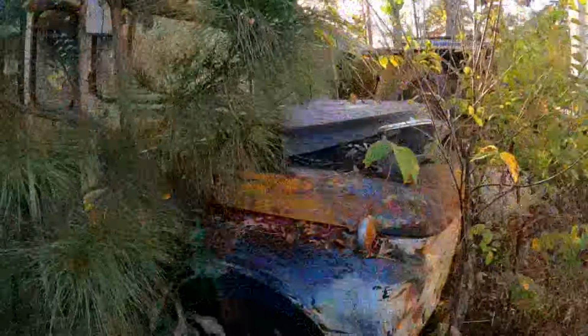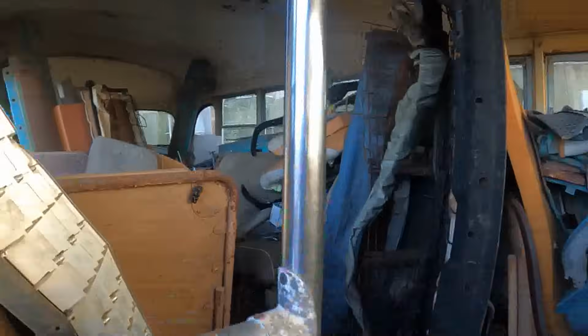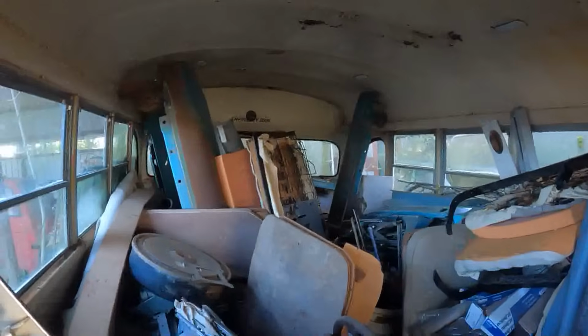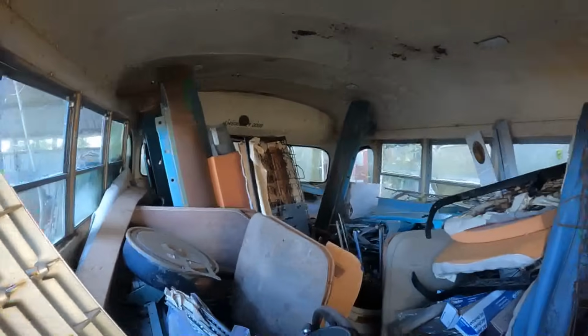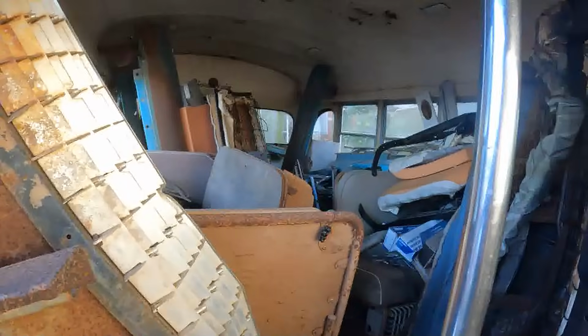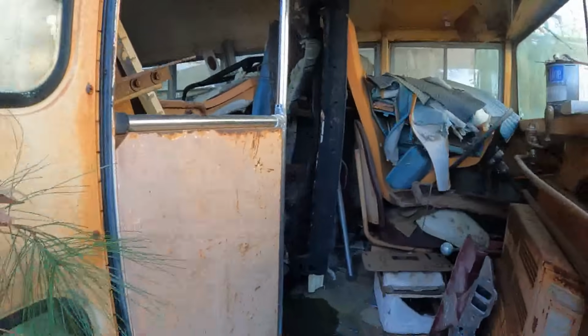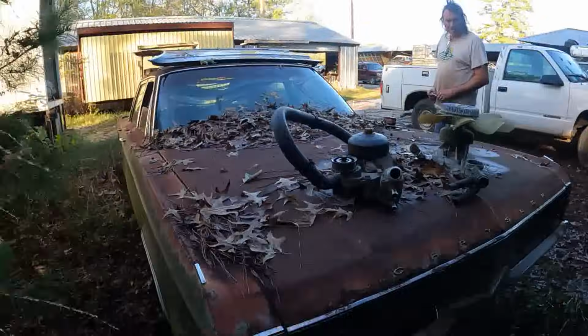And then you've got a mid-60s Ford school bus here, huh? Yeah, that's all parts for a 61 Cadillac Hooterville. Oh, inside? Yes. Oh yeah, see all the fenders. That's another project that's stalled. Wow, you've got some upholstery and grill and everything in here. Yeah. If you pull one of those things apart, there's a lot of pieces. And then this is a pretty cool looking car here. Another...